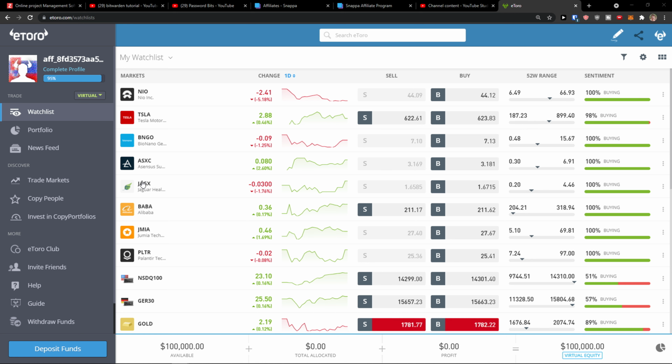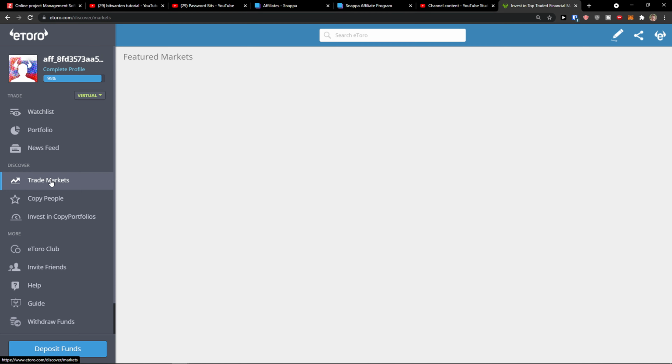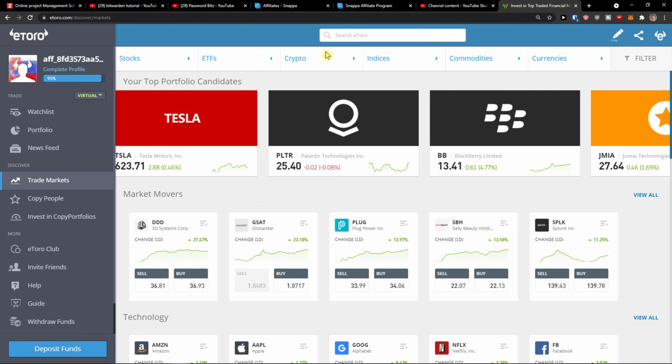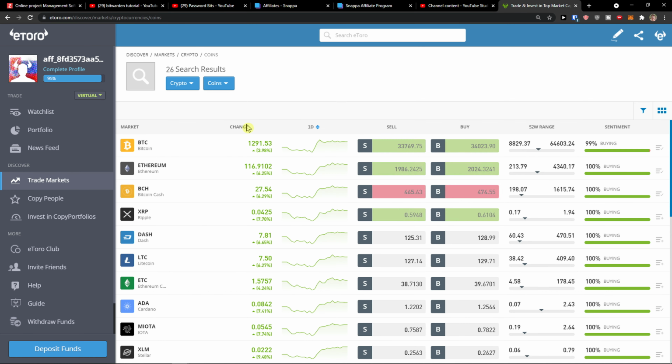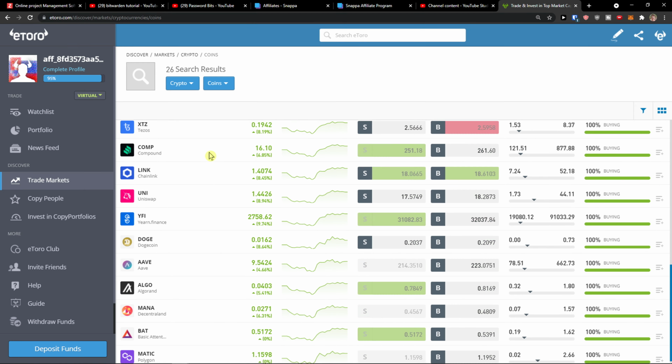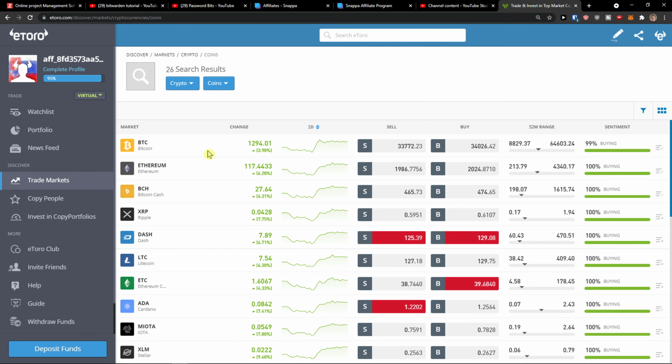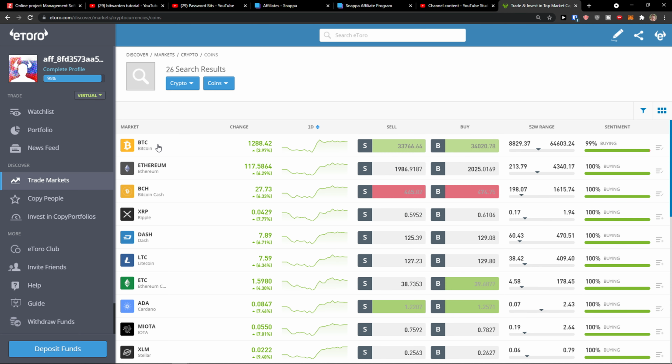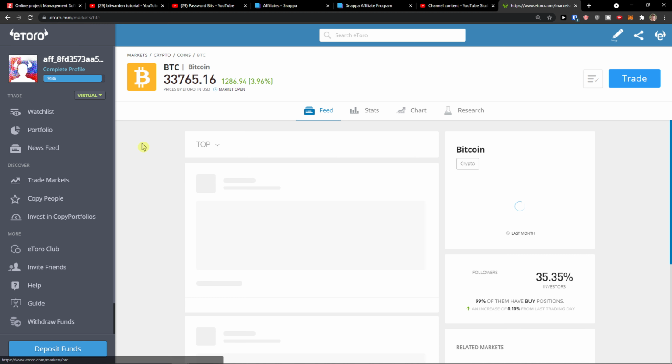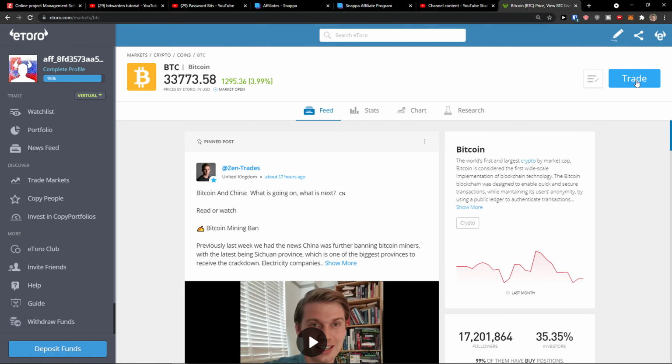So let's just start. What you want to do is go to Trade Markets here, Discover, and then you click here on Crypto, and you're going to see all the cryptocurrencies that you can buy here. Now, what you can do is easily click on a cryptocurrency, click Trade,